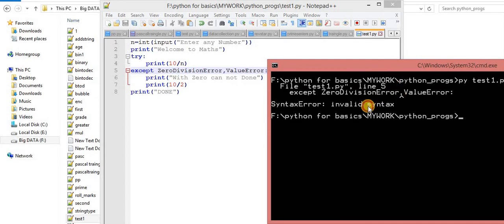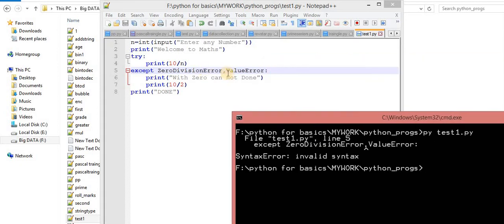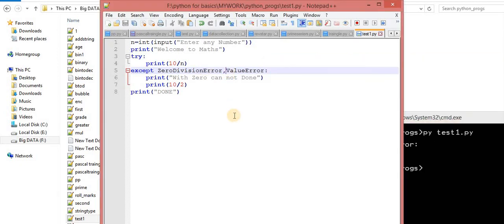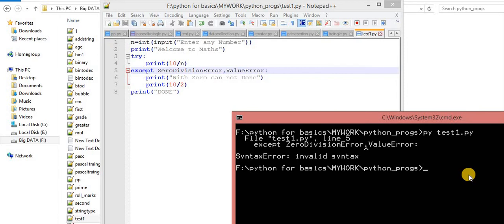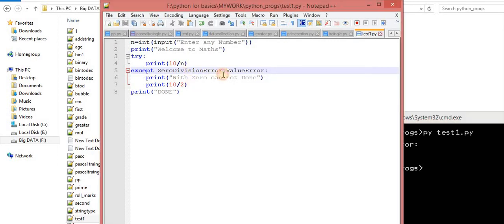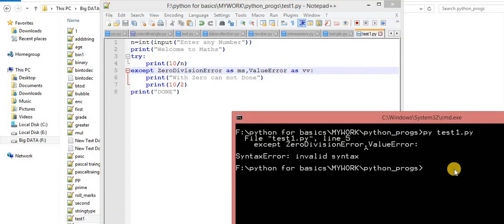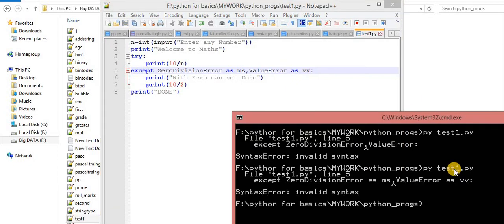Oh, error, why so error? Not possible this way. Shall I say as ms, as vv? Let me run this way, I don't know why it is giving an error.